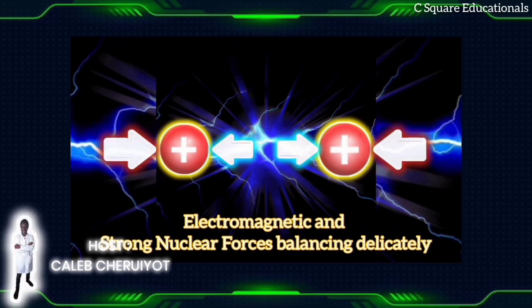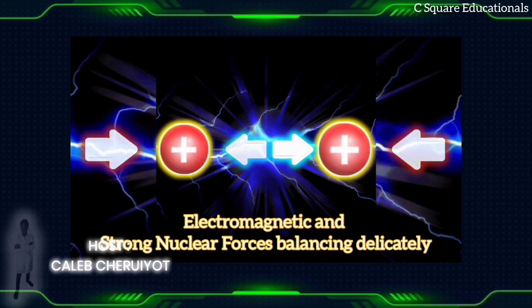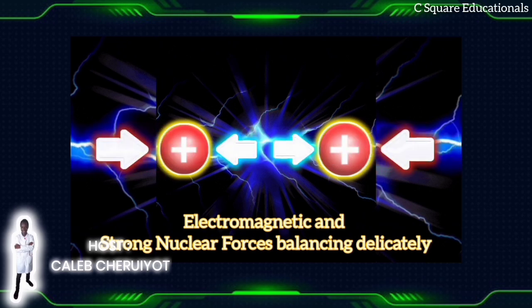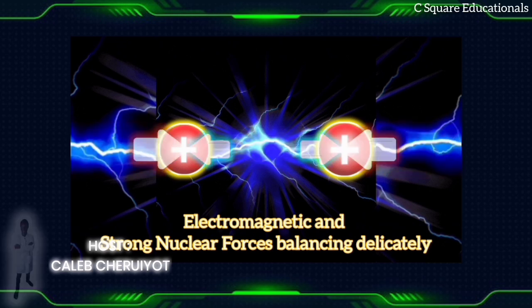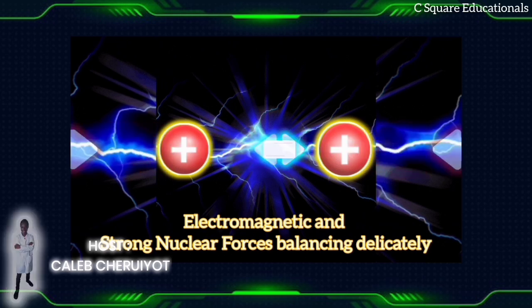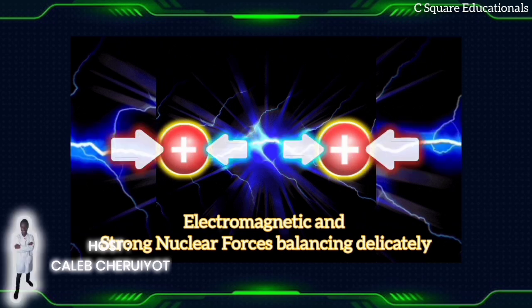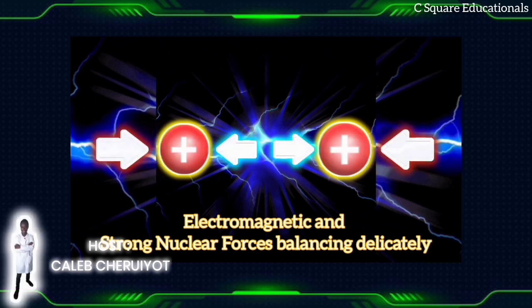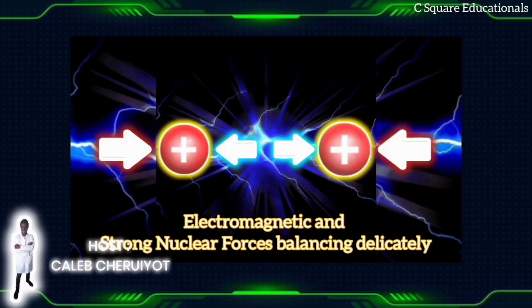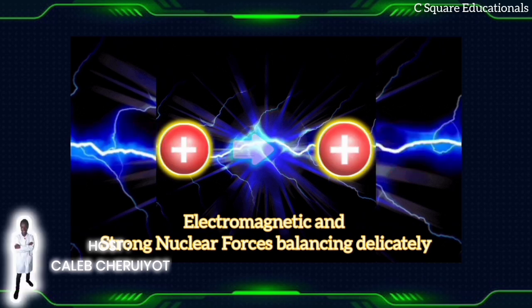The strong nuclear force is about 100 times stronger than electromagnetism. It operates at the scale of atomic nuclei. This force works differently from electromagnetism, and I know it might be new to most of us. I only came across it when I took some nuclear science courses in college.